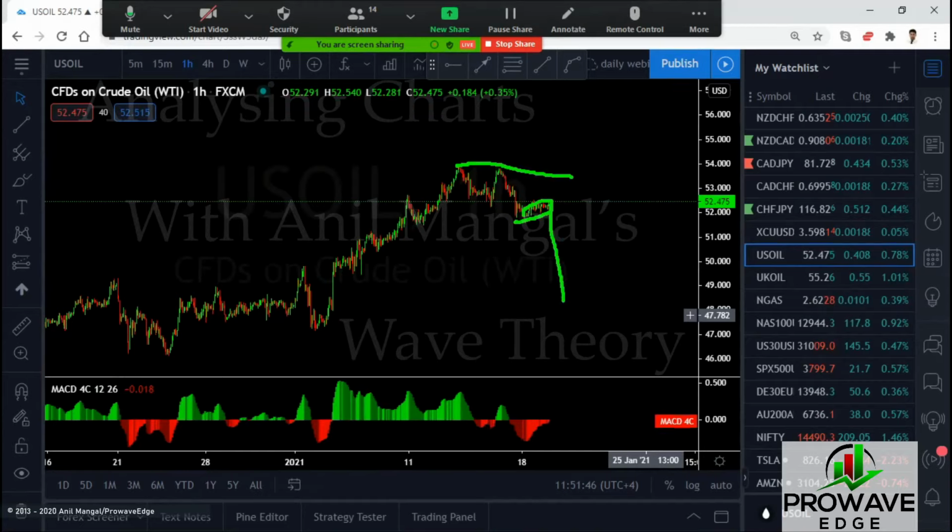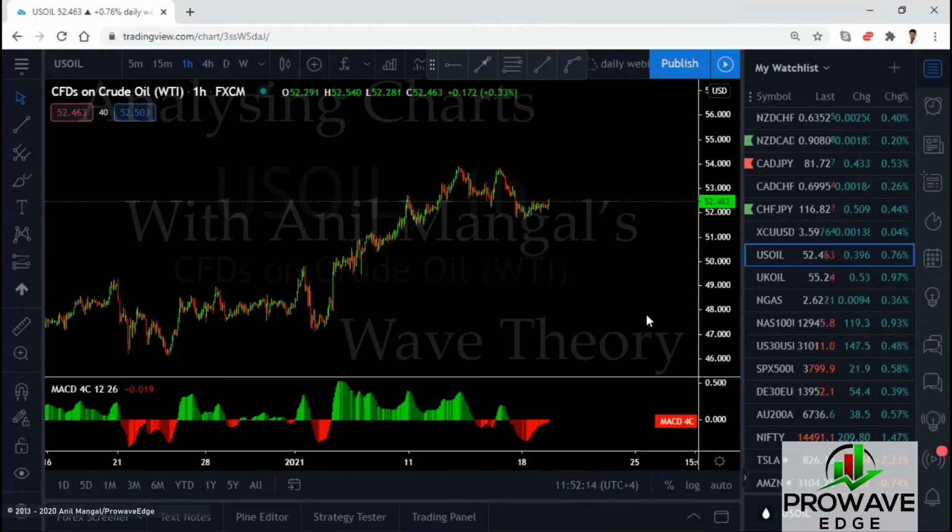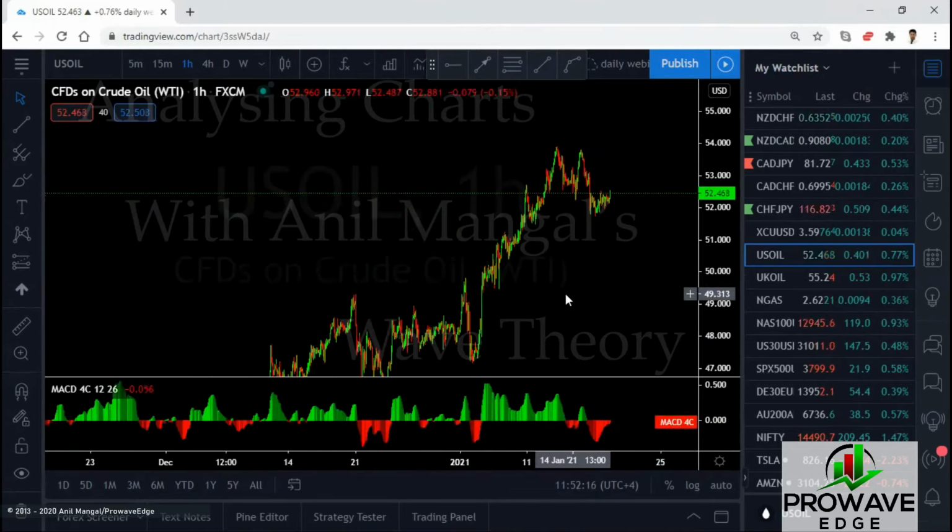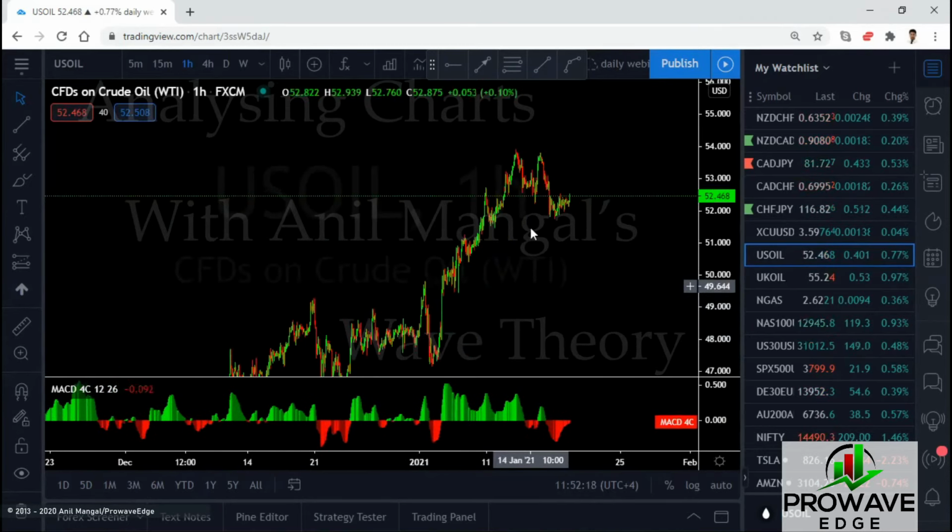What if this is the start of the drop? And or we can end up with a running flat here. Let me just draw the running flat. Drop here, go back there, and then go down. We could be looking at a possible running flat like that in the making because we're getting a consolidation here. I don't know if you guys want to give the sell a possibility or the buy, because the buy does look very much more promising.